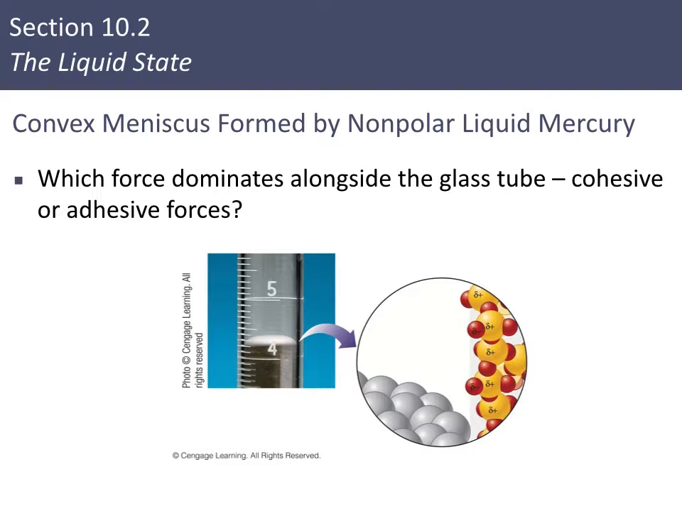You've got the glass tube, which is the yellow and red. Notably, you can see dipoles in that figure. And then the white puffy things are the mercury. So which force is dominating? In this case, it's cohesive forces, and that's because the mercury is not interacting with the glass, it's interacting with